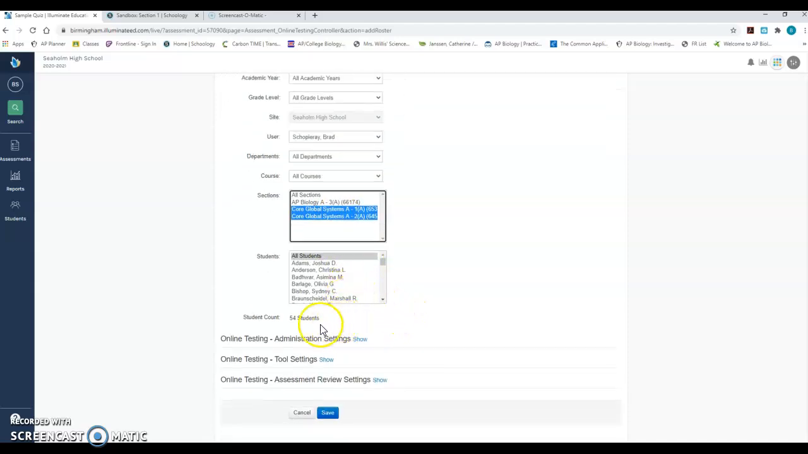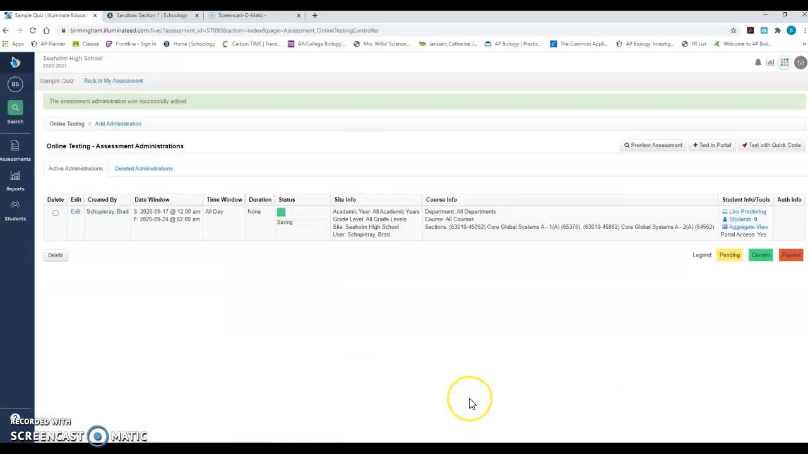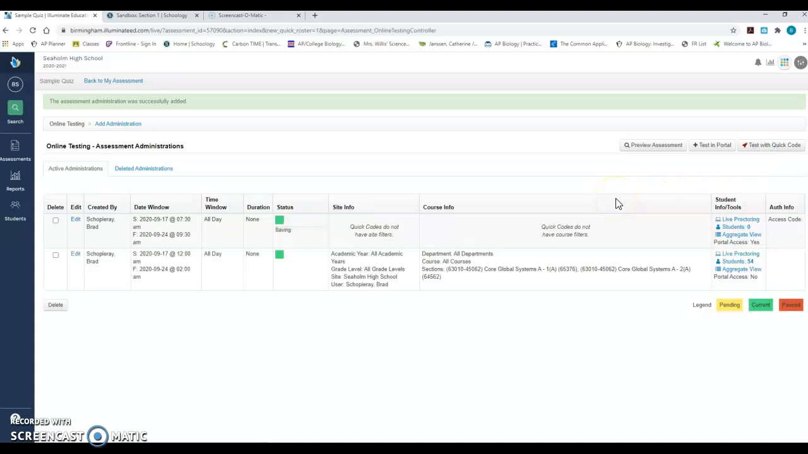So then you can do some additional settings that has to do with students being able to pause and stuff. So if you want to do that, you can, but I'm just going to hit Save, and it's going to create an administration of this quiz. Now, in order to get this to Schoology so that we can link it through there for students to easily access it, we need to click up here where there's this little rocket ship and it says Test with Quick Code. And you're just going to click it, and it is going to take a second,